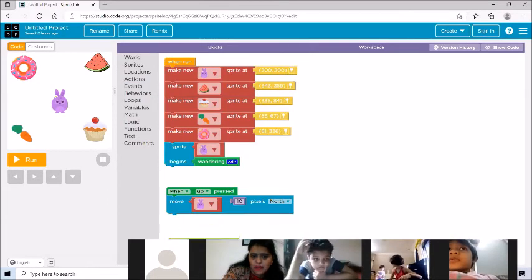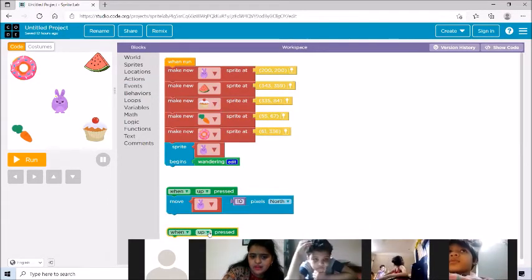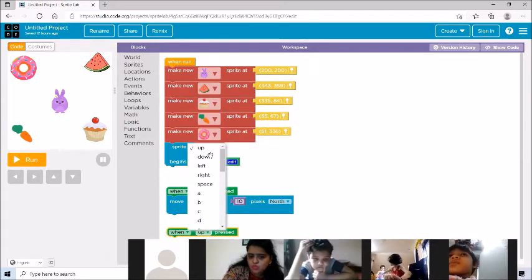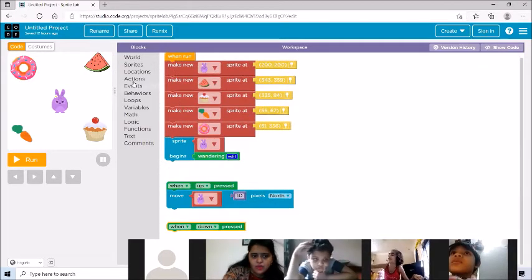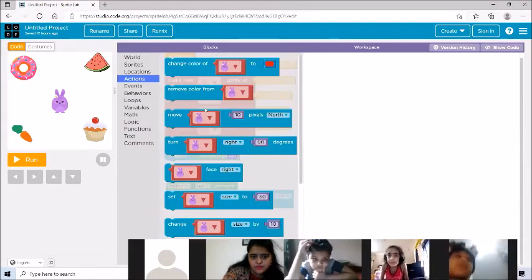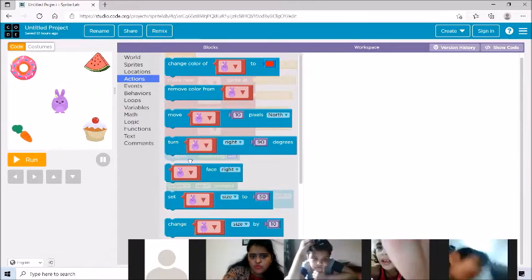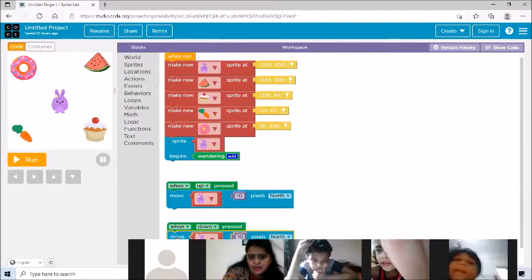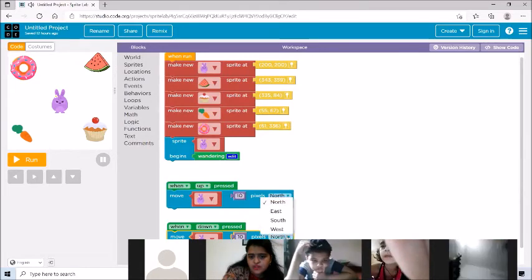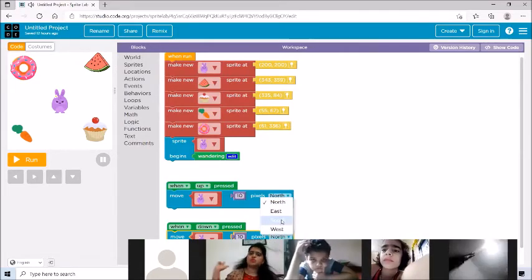So instead of up, this time we will select down arrow key. Just click on this arrow and take down. Now again go on action and move bunny 10 pixel to, so instead of north here, we'll click on south.